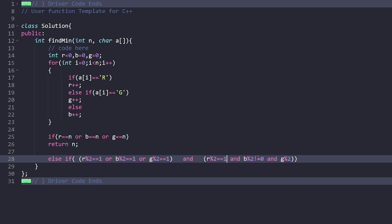If I write that odd condition, this is the condition when all of them are odd, when all of them are equal to 1 after the mod, and this is the condition which I don't want. So I will write a not here, because if I don't use a not operator here, it will say that all of them are odd. If I write a not, then it will tell me that all of them are not odd and